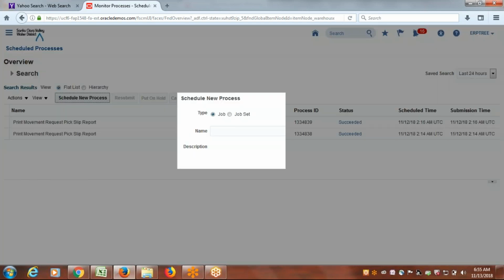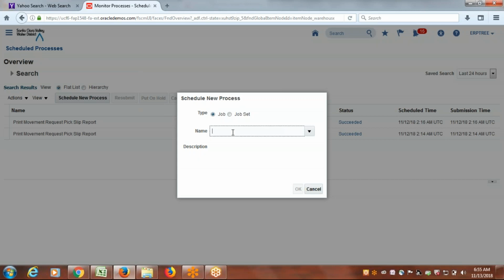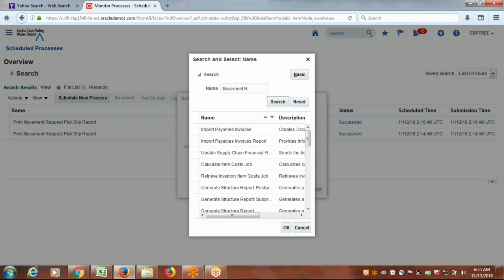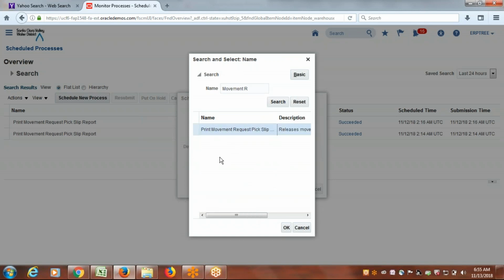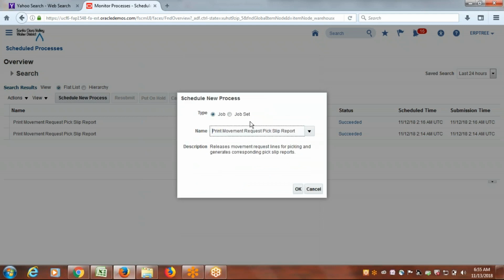Click on schedule new process, search for movement request, search. Okay, print movement request pick slip report. So what it will do, it will release movement request lines. We created a movement request to issue the material, not to transfer. Transfer means within the inventory organization. To issue the material,